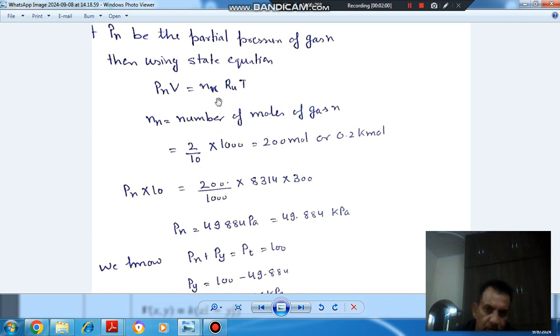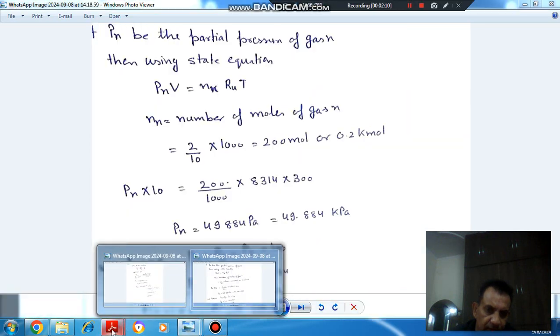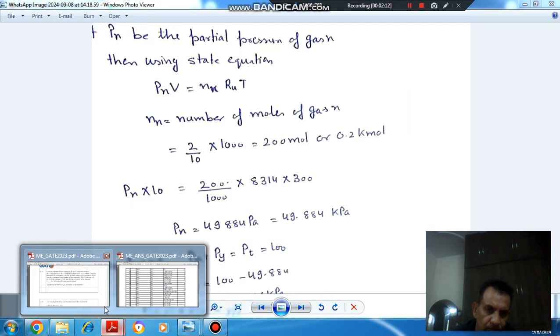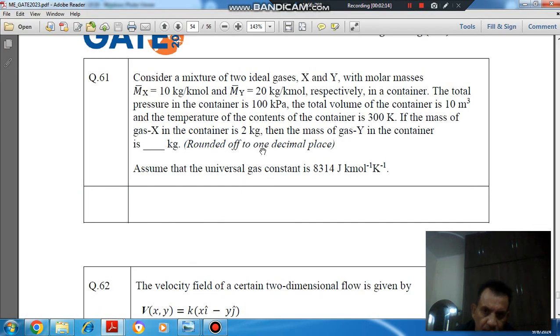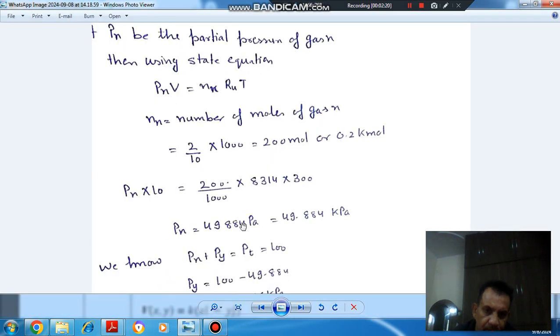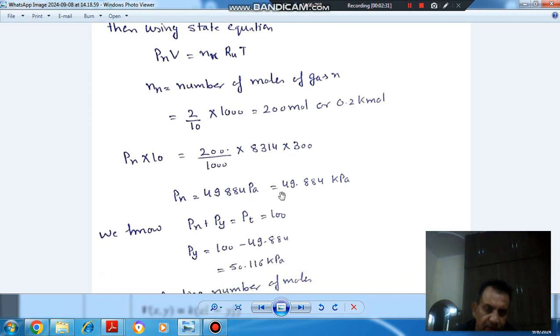Okay. So this is 0.2, this is 8314, Ru is 8314, and because Ru is in joule per kilomole, that's why we have converted 200 into 0.2, that is, mole to kilomole. Okay, so that is in joule per kilomole. And temperature 300 Kelvin. So Px comes out as 49.884